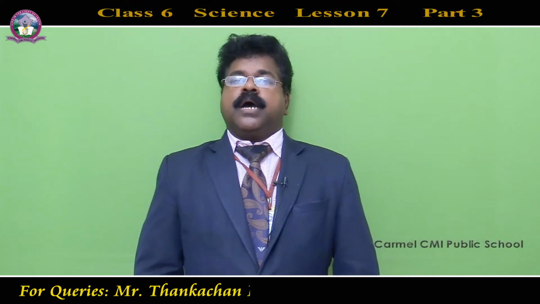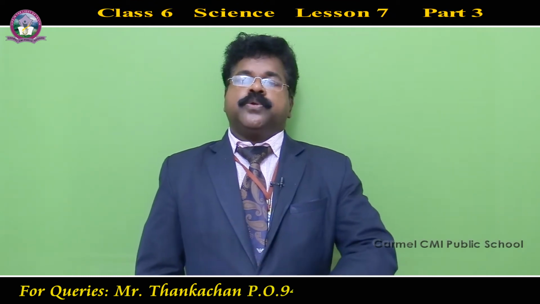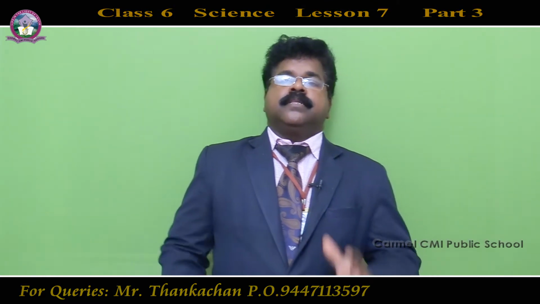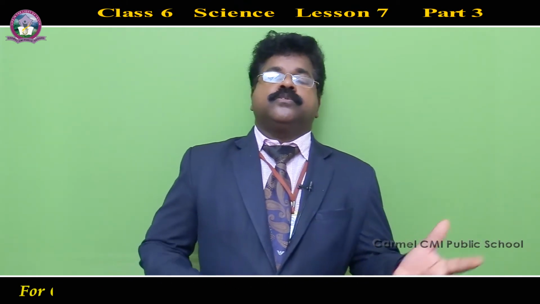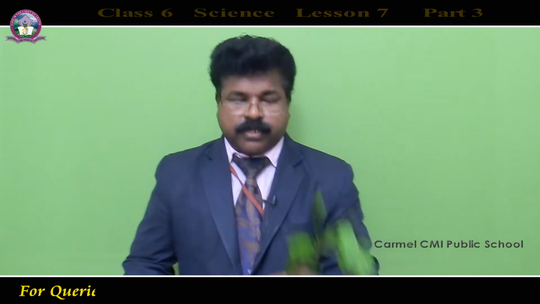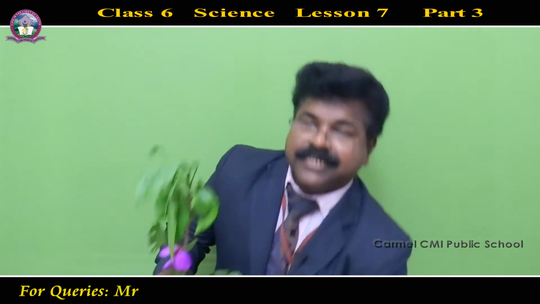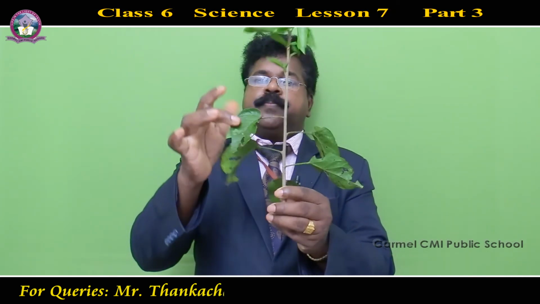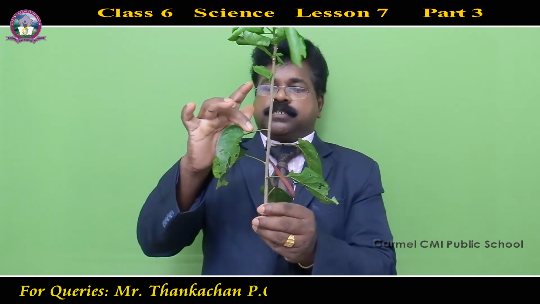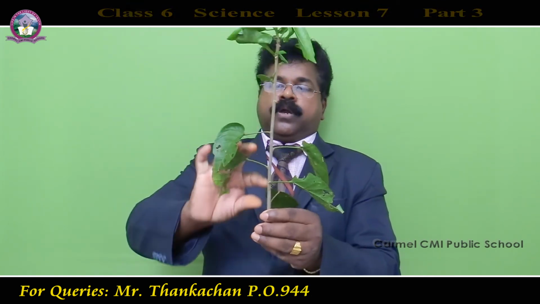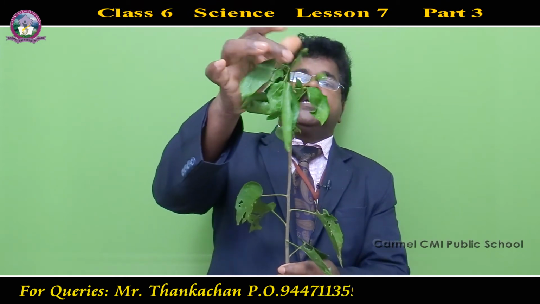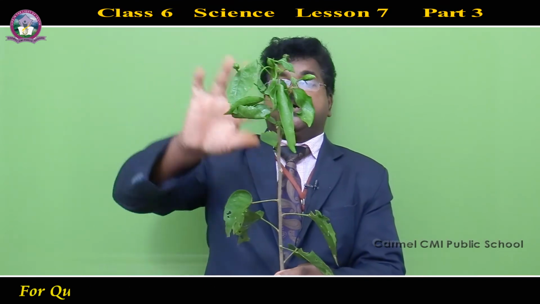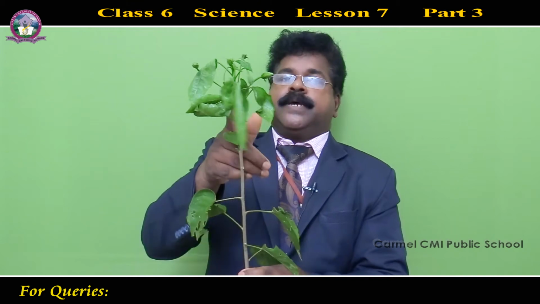Preparation of food happens in the leaf, and it will be transported to all other parts of the plant body by means of the stem. So the stem carries the prepared food to the root, to the flowers, to the buds, and to all parts of the plant body. Suppose you can see here a picture of a plant. The preparation of food happens in the leaves. Afterwards, the prepared food will travel through this stalk. Again, it will go up and down, up to the tip of the bud, flower tip, shoot tip, up to each and every portion. The food will be supplied, or conducted, by means of the stem.